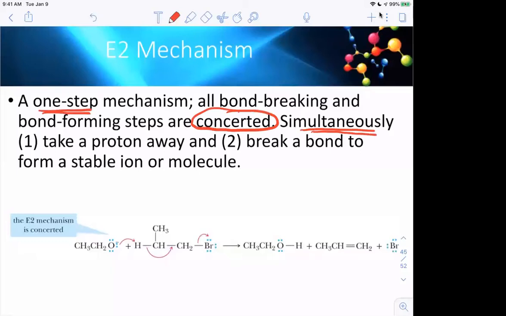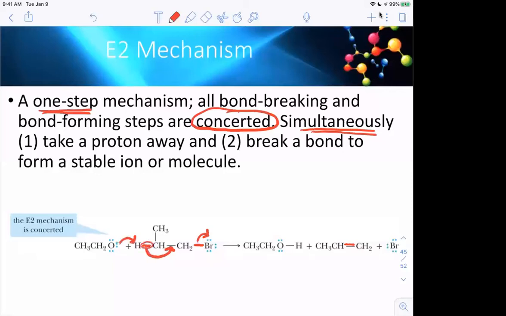So my base comes and takes this proton. These electrons form the double bond, which kicks out the leaving group. All that happens in one step, and I end up with the double bond, which are these electrons here,